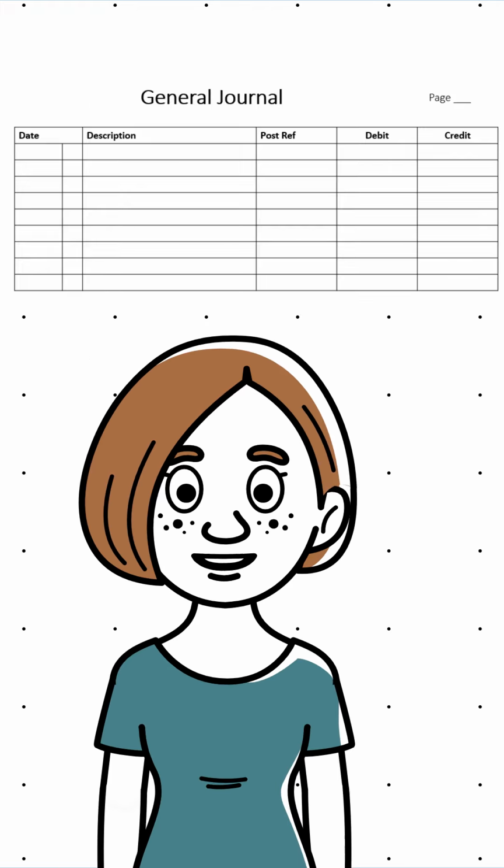Here is an example of what a general journal looks like. This is a basic version. Some companies have a much more expanded version if they record additional information with the general journal, such as legal entity, projects, departments, etc. Let's look at an example.